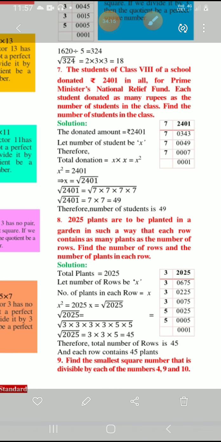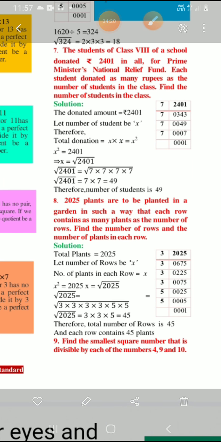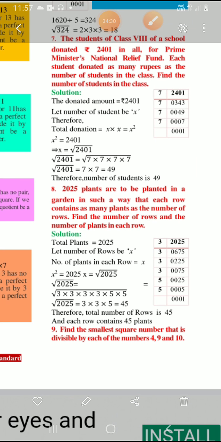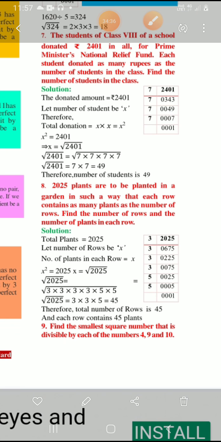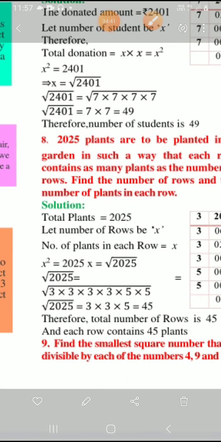Okay, so next, last question, let's try to see that 2025. 2025 plants are to be planted in the garden in such a way that each row contains as many plants as the number of rows. Find the number of rows and the number of plants in each row. So we need to find out the rows. For that also we can solve it first. We can write the total number of